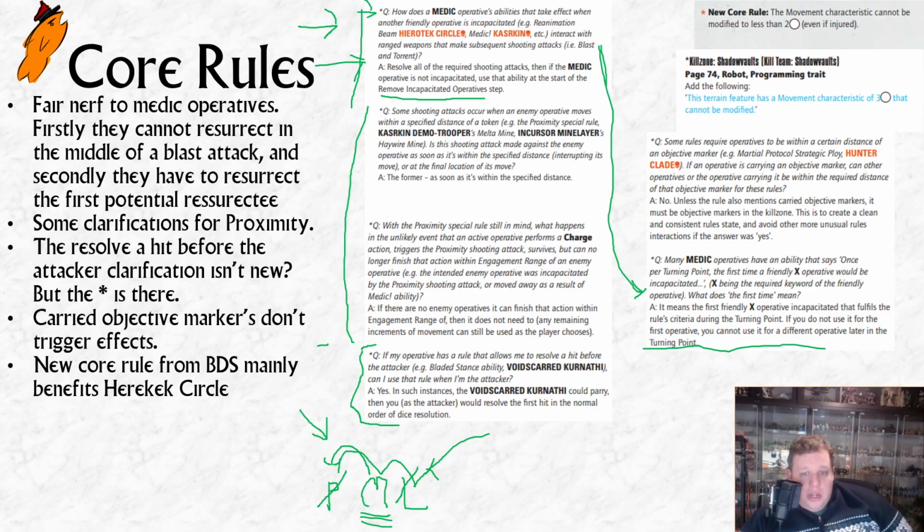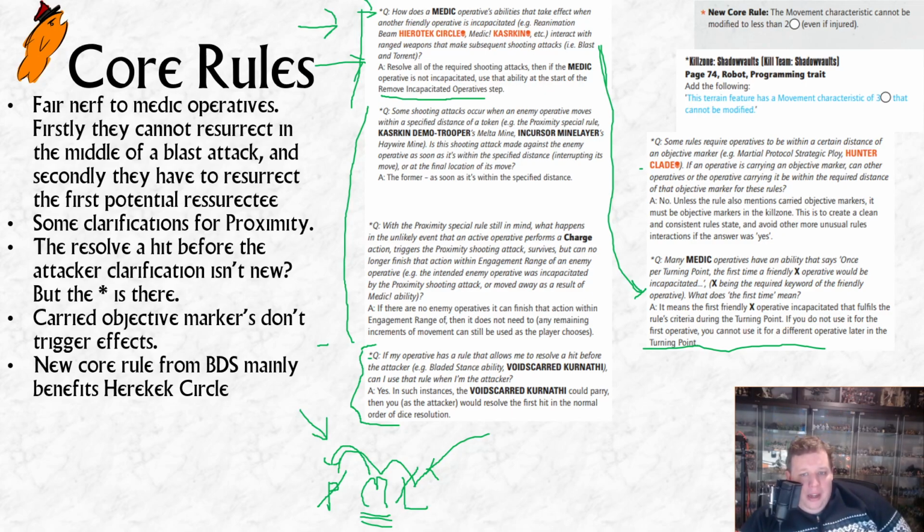Right, there's loads of rules like this now. You charge, you get to parry away one of your opponent's attacks, and then resolve an attack of your own before your opponent gets to do anything, which can itself be a second parry, which is often the way to go, right? You parry, and then they can do nothing, and then you know how much damage you've got left. So I hope that's clear for everybody. But I could have sworn that was already FAQ'd, and yet there's the star, which is why I've pulled it out.